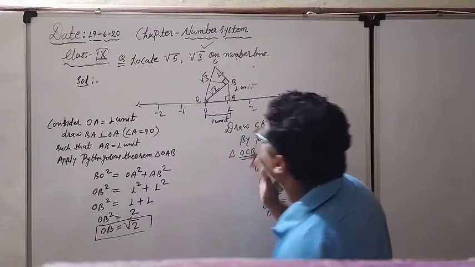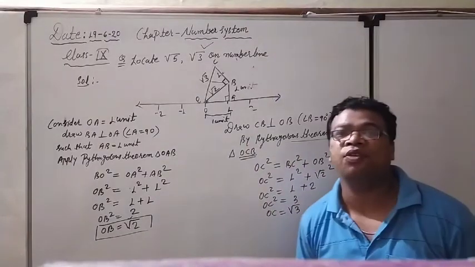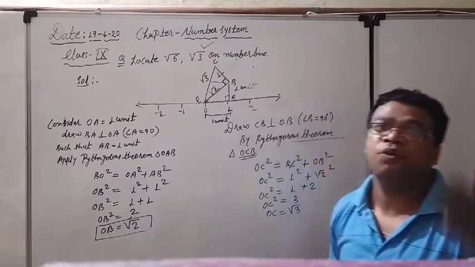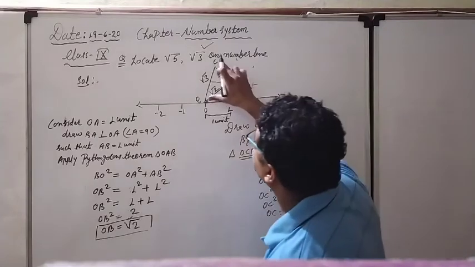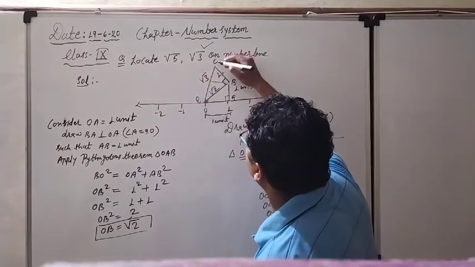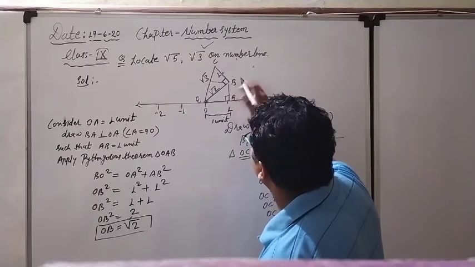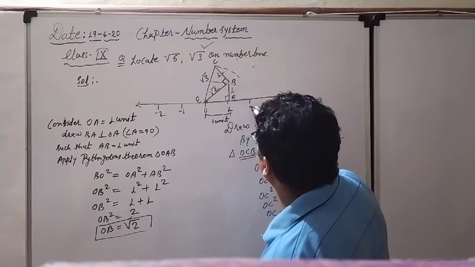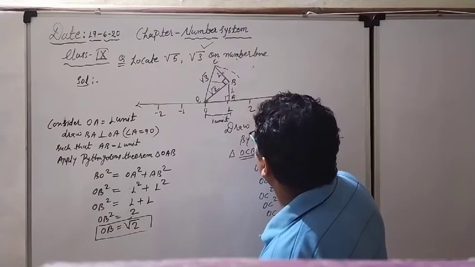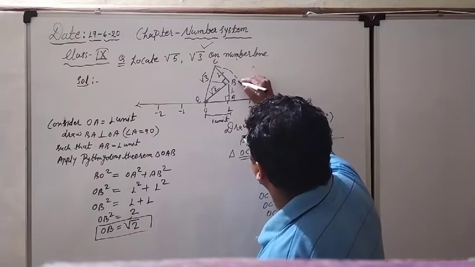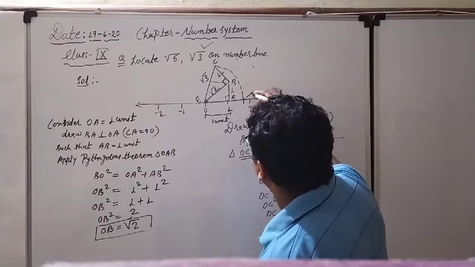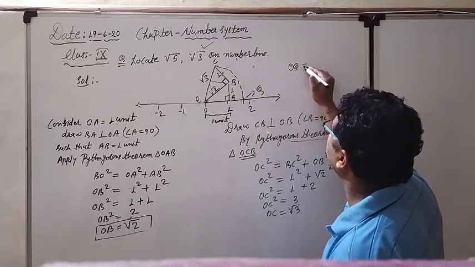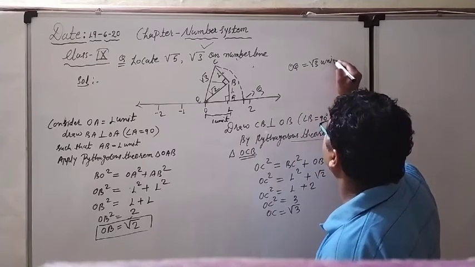No problem. And right now what you have to do when you are getting root 3? Again you have to consider O as a center, and after that take the radius OC. With the help of the compass, you have to take this particular arc, and draw this particular arc like this. So you will reach this particular point, and this point again I am considering Q. So OQ will represent your √3 unit on the number line.